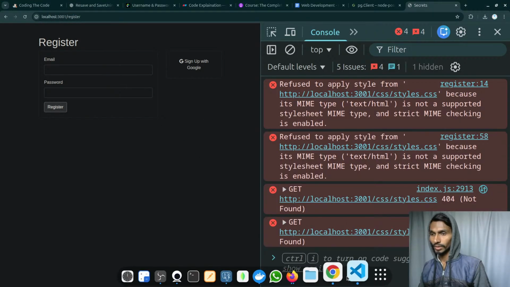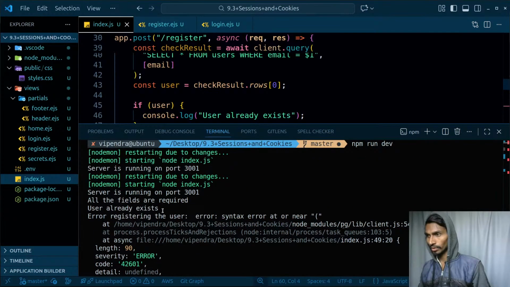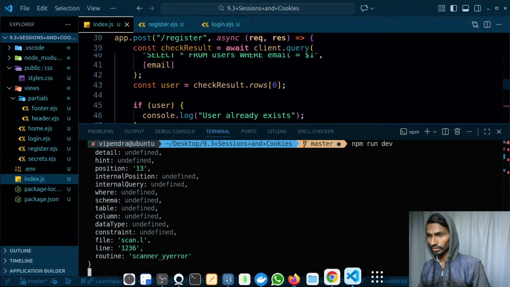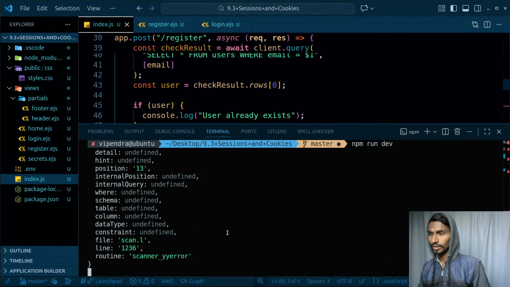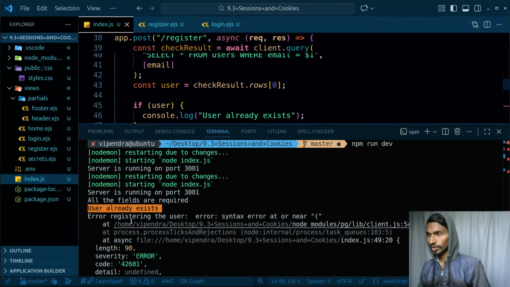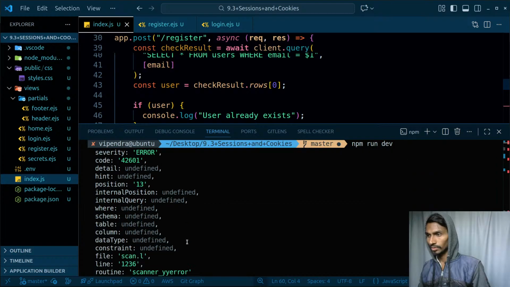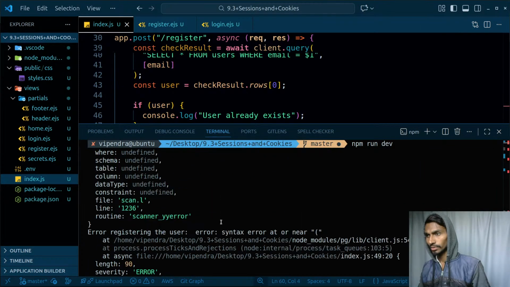Let's try it. Nothing will happen over here, that is for sure. User already exists. That's right. Empty name. Why not? Syntax error and all. After that, I can just use this, register it, and this time the user is actually going to be registered. User hasn't been registered yet. Interesting. Register error, syntax error near